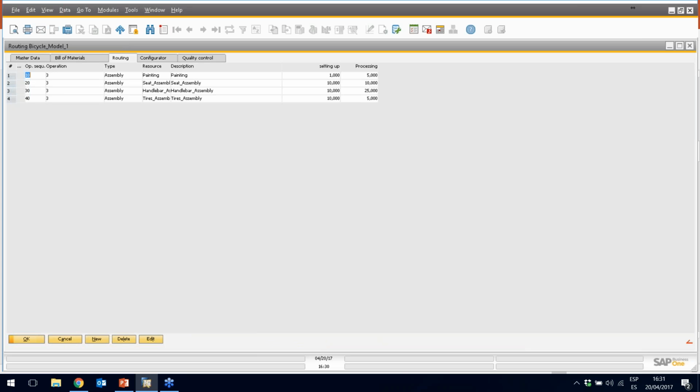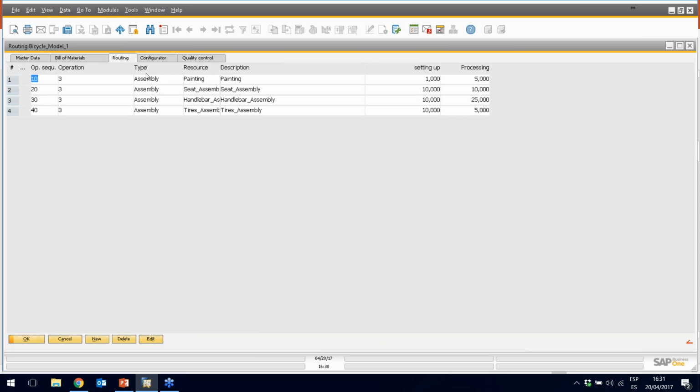Also, because this is a finished good, as we said, we are going to have different tasks according to our process. In here, we will first paint the bicycle, then set the seat, then after that, we are going to set the handlebar, and last but not least, we are going to attach the tires. So as you can see, we're going to have four operations or four routings in order to assemble our finished good. If we go to the first one, that is our painting, and we double click it,